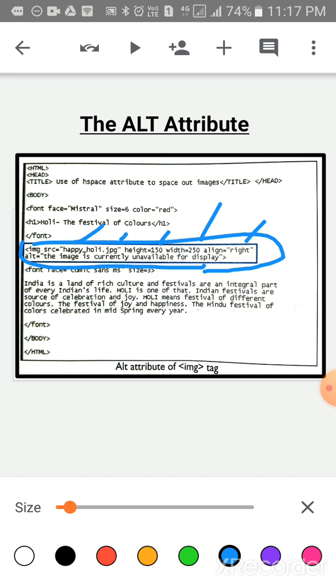Alt, children, this is the alt. Alt is equal to, within quotes, the image is currently unavailable for display. This is the alt. And lastly close the tag. Okay, this is the coding of the img tag, and we are using the alt attribute here.